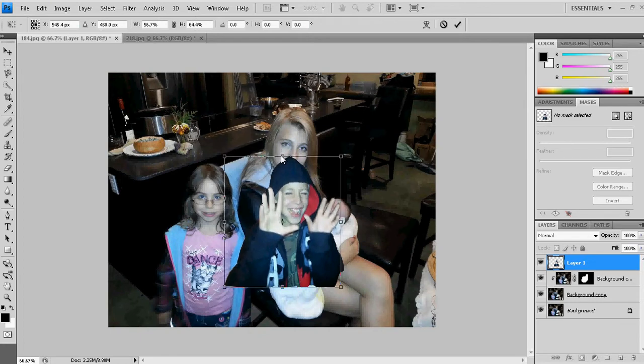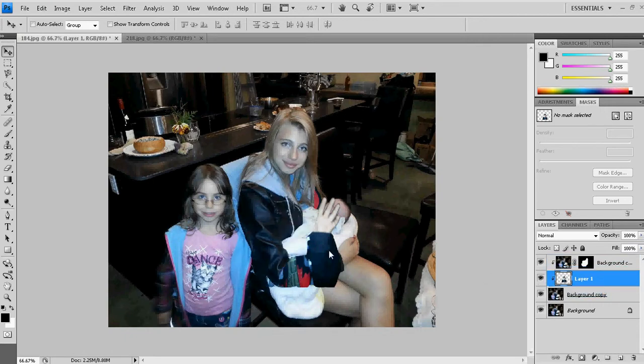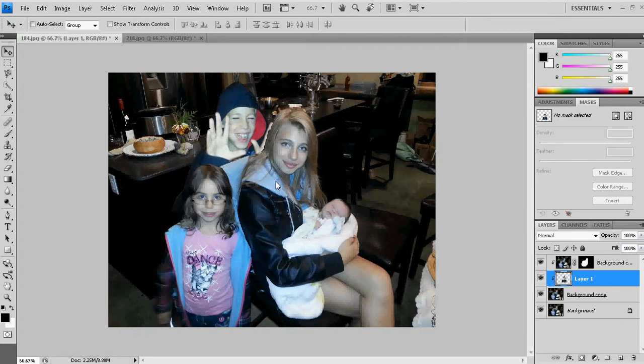There you can see him kind of smoothing down, getting a little more normal shape. I like that. He looks fairly good. Okay, so I'm going to accept my transform, press enter, and I'm going to put his layer in behind his clip layer, and I'm going to move him into position, like so. And there he sits right behind the girls,